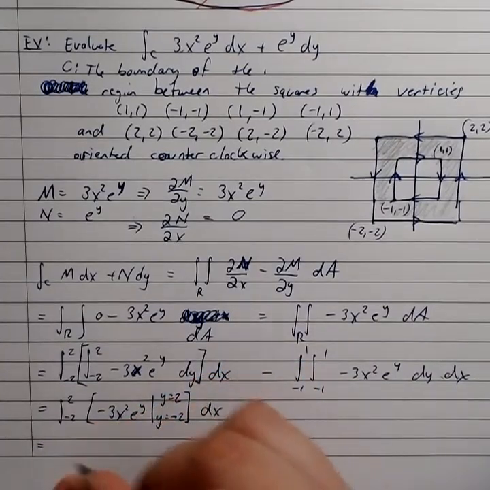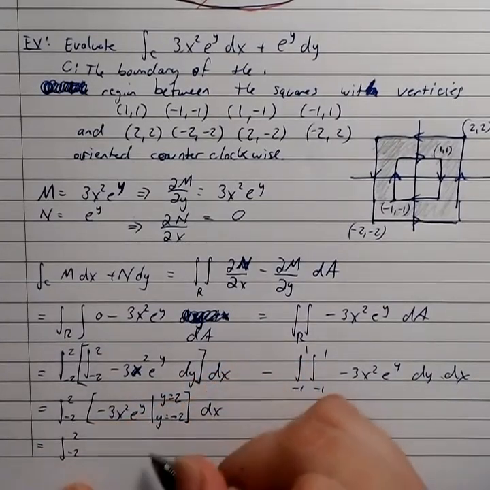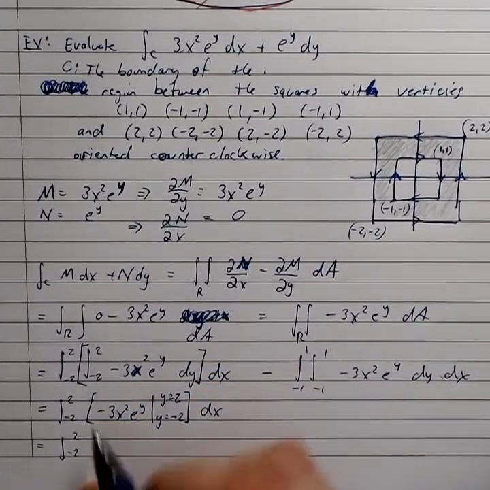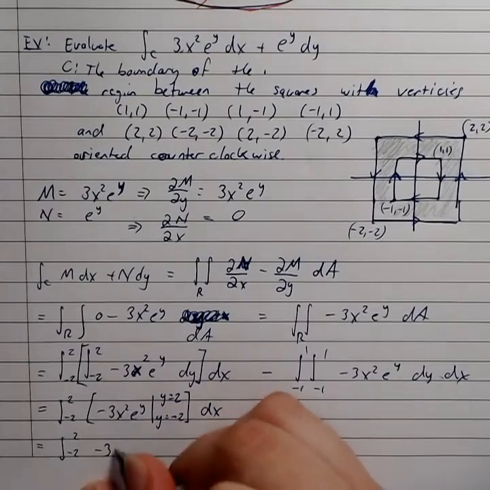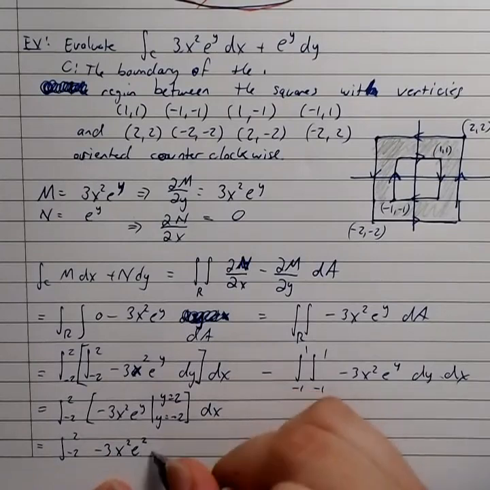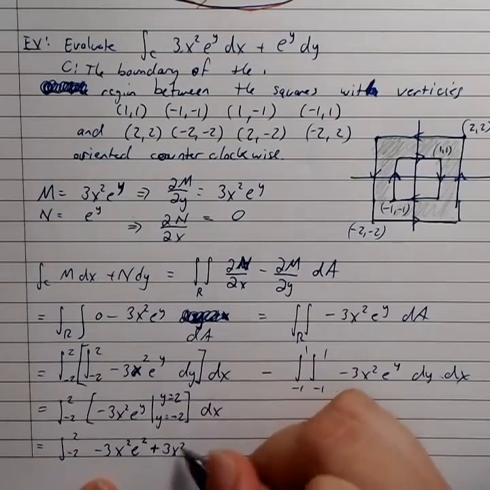Which is going to be the integral from minus 2 to 2 of, if I plug in 2 here, and if I plug in negative 2, negative 3x squared e squared minus negative 3, so let me write that as a plus 3x squared e to the minus 2